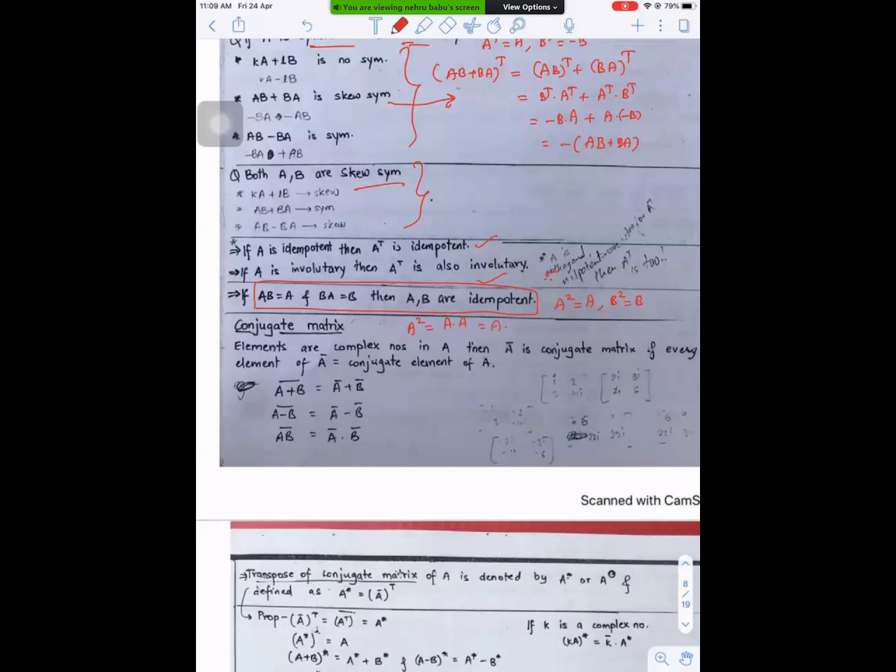So this A into the second A, you can write the first A as AB into A. As it's associative multiplication, (AB) into A is the same as A into (BA), and BA means B. Now AB means A. So A square equals A is coming. So if AB equals A and BA equals B, then always A and B are idempotent matrices.